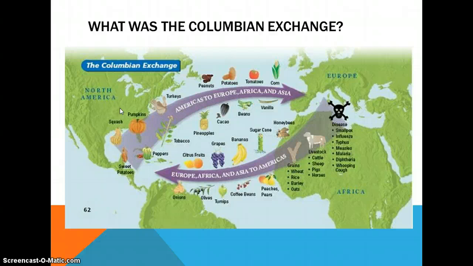Yes? What about cotton? Cotton will come later. You'll learn that later in American history next year. Before cotton comes in as a crop in the Americas, and I don't see, is cotton on here? Cotton's an old world crop, isn't it? Where do we see cotton? Is it old world or new world? Is it on here? It's not? Okay, but when cotton comes in, slavery is almost done in America before cotton comes. In fact, they're debating whether they should even have slavery anymore. And then cotton comes in, they're like, oh, wait a minute. We can make a lot of money from this, especially after the cotton gin was invented.